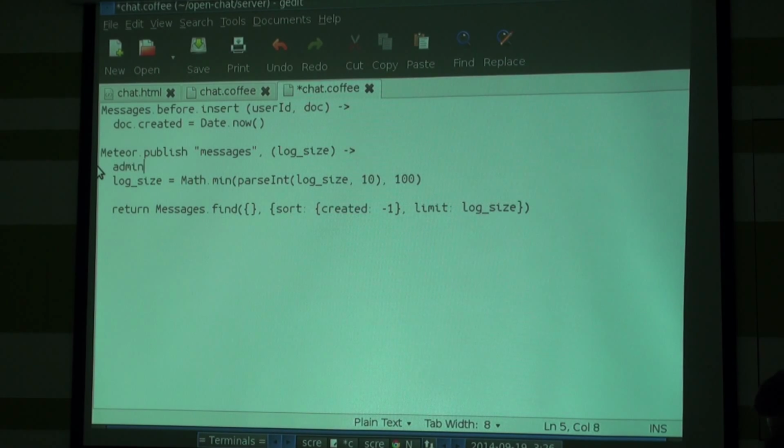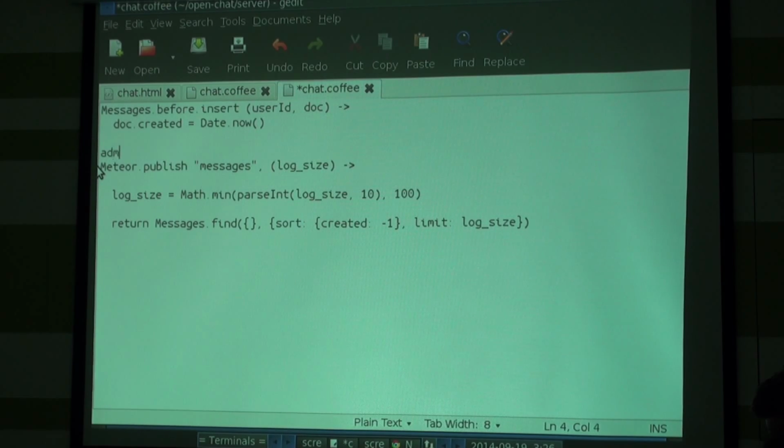So you'll have, let's say, here or somewhere, admin's IDs as an array. Let's say that we have only 2 admins. Now, in our find query, we'll ask for